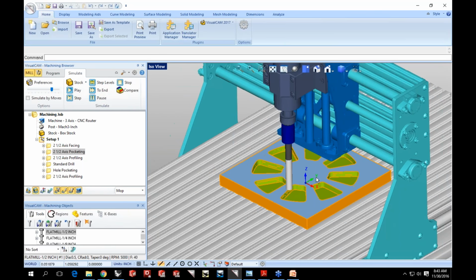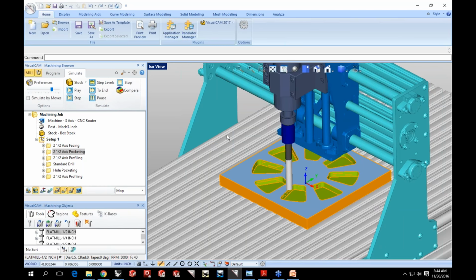So there's your pocket operation. The next thing I would like to talk about here is the miscellaneous enhancements to different miscellaneous features and operations that we've introduced. And first, I would like to talk about the enhancements to